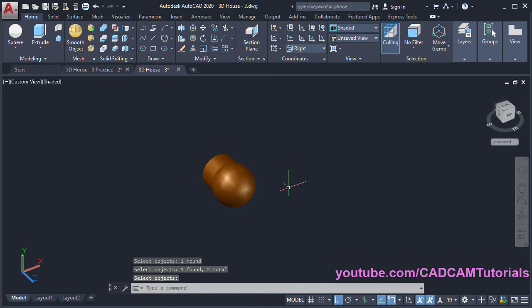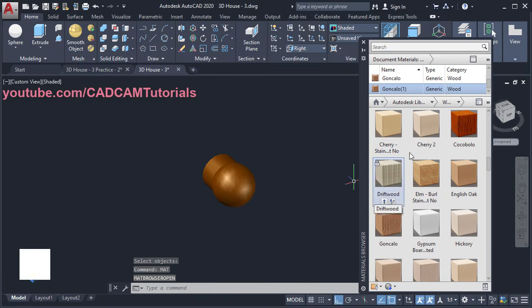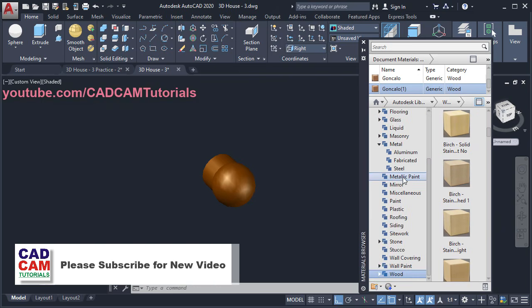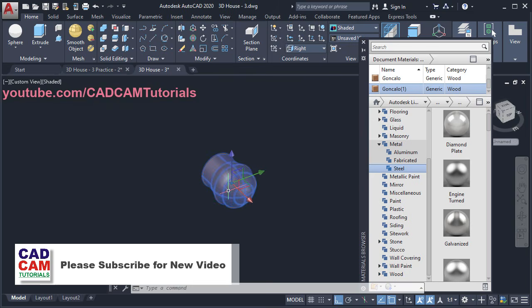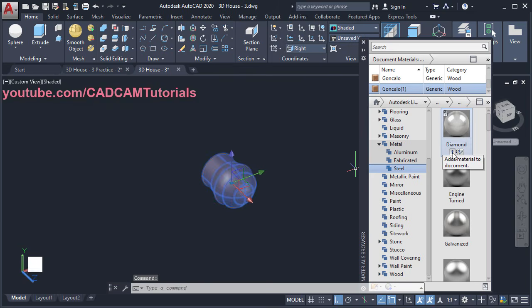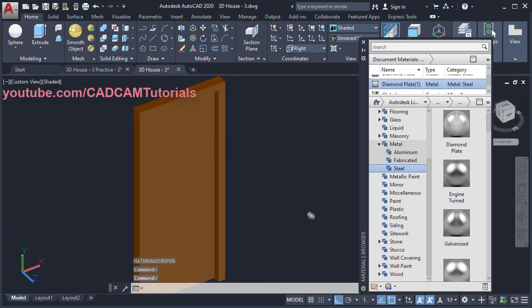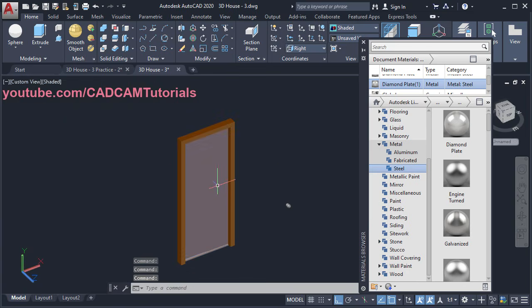Then apply material, type MAT, enter. Then click here, click on steel, select this object, click on diamond plated. Then here also we will have to apply wood material. So select these objects, then click on wood,